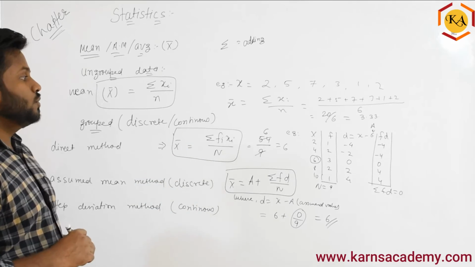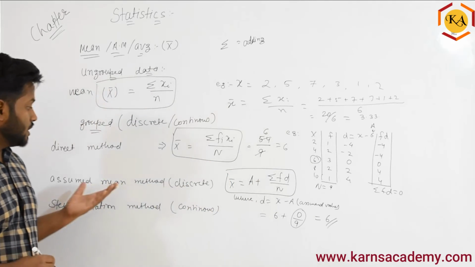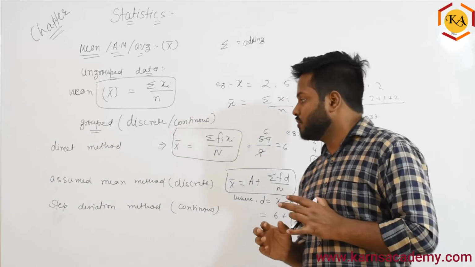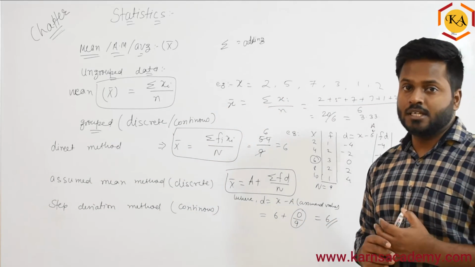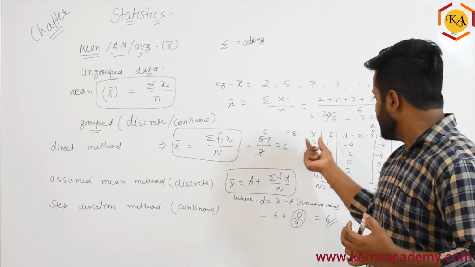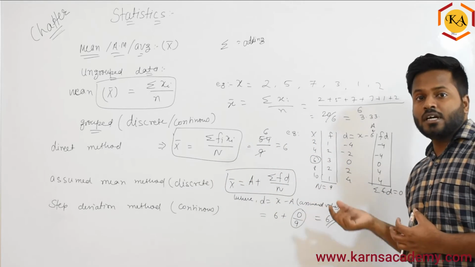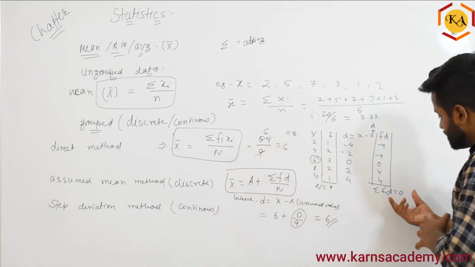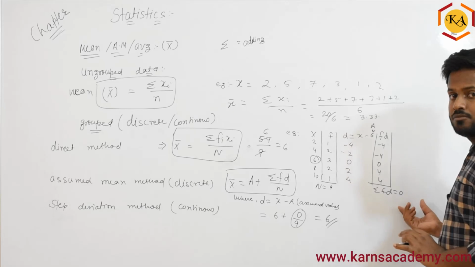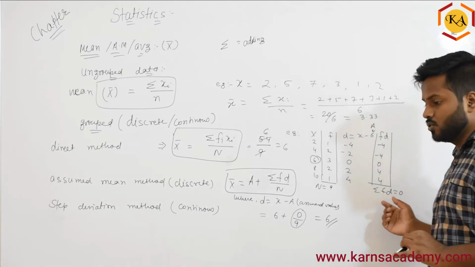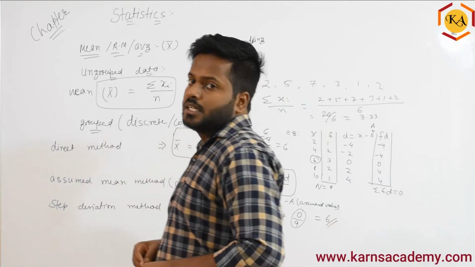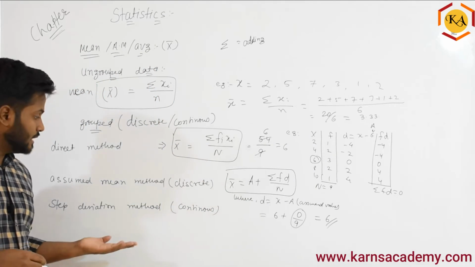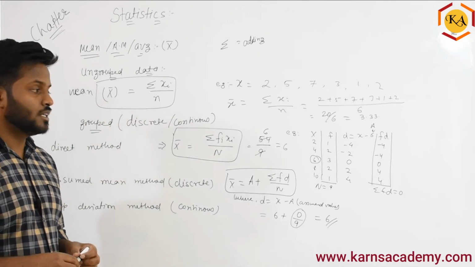So this is how you can calculate the mean in the assumed mean method. Remember, assumed mean method is applied for the discrete data only, right? So we have to assume the a will be the middle value from the x preferably, and then we have to solve accordingly. Remember, this is not always 0. Don't get confused that it's become a 0, that always it's going to be 0. No, it can be any value that you have to substitute and find out the value, right? So make a note of it, and then we will move on to the step deviation method.